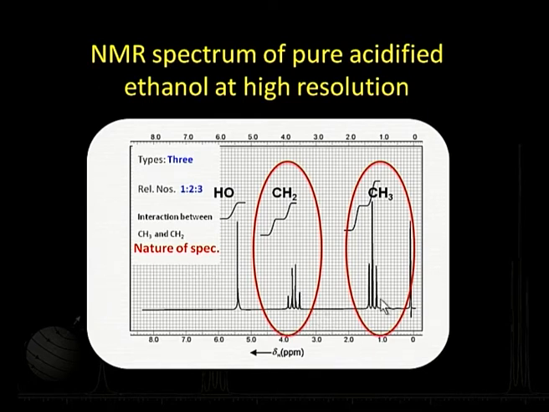So what you're seeing is that this peak here and this one, the two have interacted, because what you see is there is a splitting coming into the picture. So this tells me that out of the 3 kinds of protons we had, 2 of them are interacting, 1 does not. And this also has ramifications in the context of the kind of interactivities we have between the protons and the significance of that. We'll come to that at a later stage.